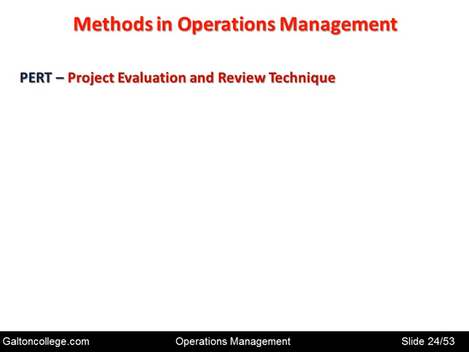PERT, the project evaluation and review technique. Well, this is related to the Gantt chart, setting out tasks, looking at how tasks are coordinated when one task finishes and the next one starts, and looking at slack in the system to see where there is the capacity to do more and move work around to exploit the slack that may be in the system. So Gantt is